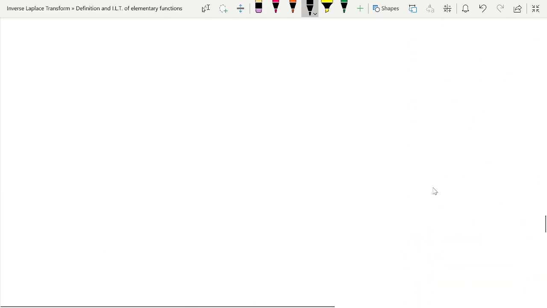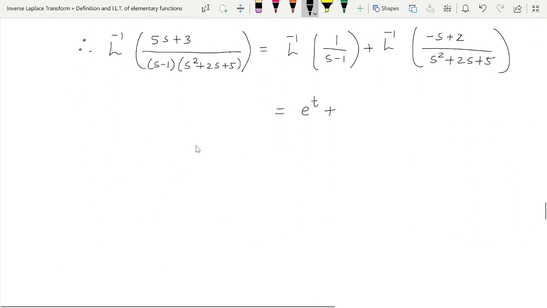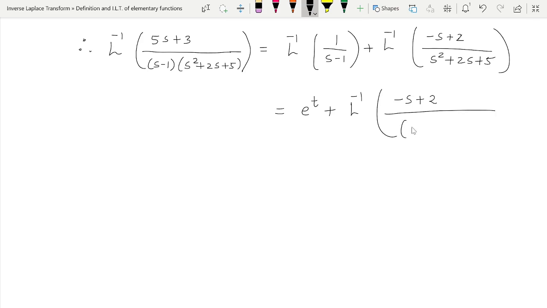Now let us go back. In order to find the inverse Laplace transform of this, we need to complete the square in the denominator. So this will be L inverse of minus s plus 2 upon s square plus 2s plus 5. Now see the coefficient of s. The coefficient of s is 2, so divide it by 2. So 1 is left. Also the sign is plus over here. So it should be s plus 1 whole square, plus 5 as it is. And for this 1, we have to subtract the square of that 1, right? So minus 1 square.